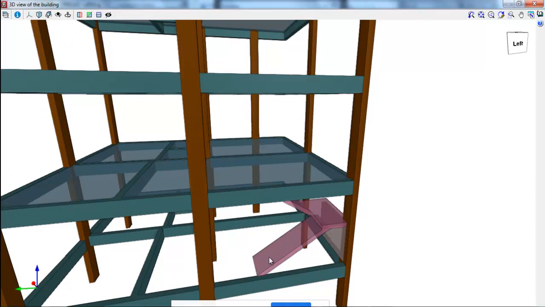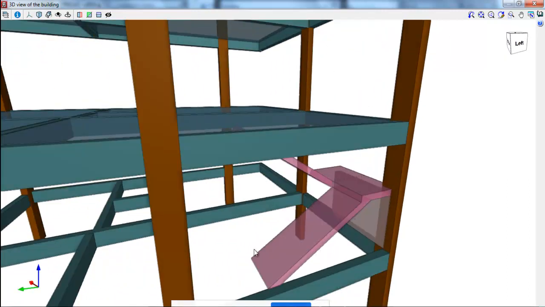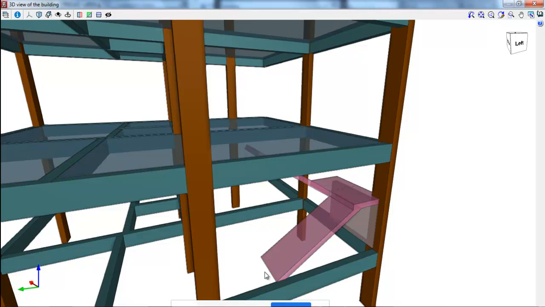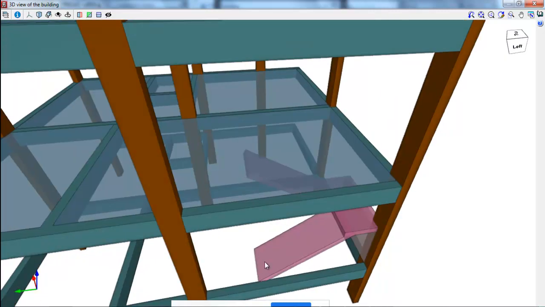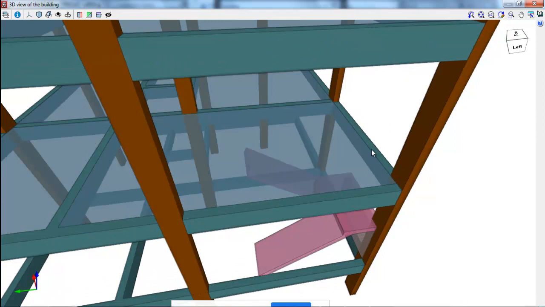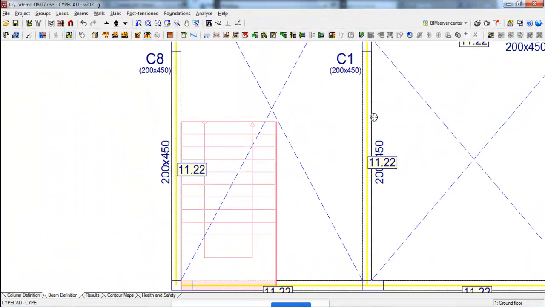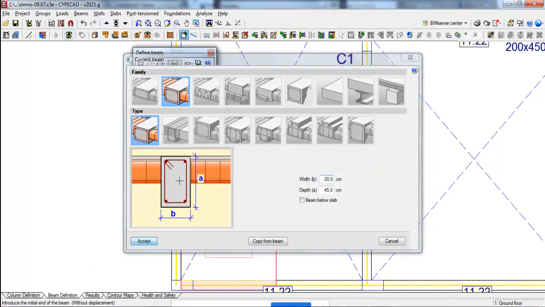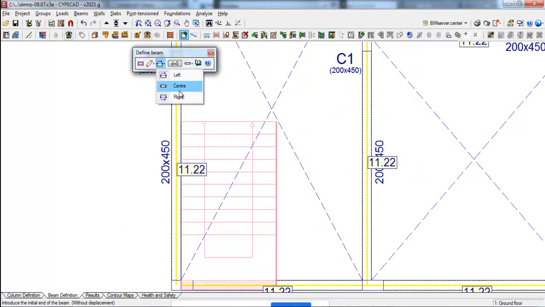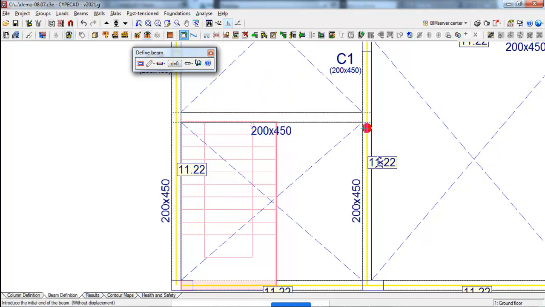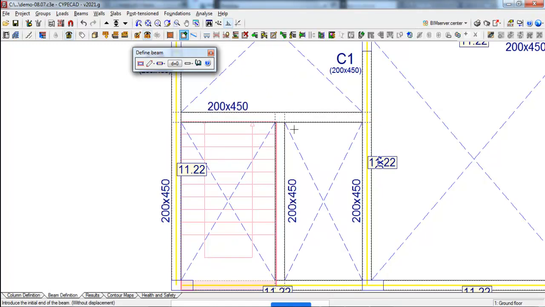Now if you watch very carefully here, this staircase does not have a support, so we need to create some kind of a supporting system, number one. And then second thing is, at the first floor level, to come out from the staircase we require a cutout here. So let us create these two things. First I am going to put a beam here, just a normal beam. This is one beam, and the secondary beam I am putting like this.